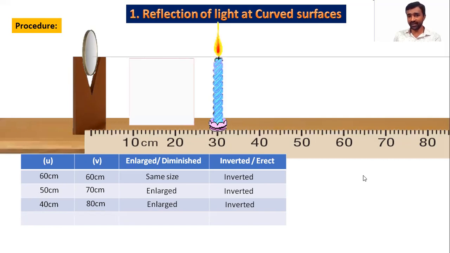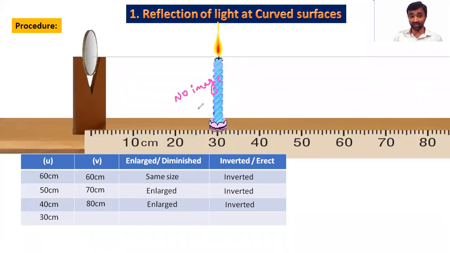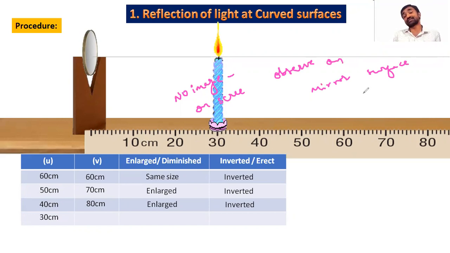Any image formed on the screen? Do you see any image? No, sir. No image. So then what to do in this case? If there is no image on the screen, you need to observe on the mirror surface. If you find the image formed on the surface of the mirror, that type of image